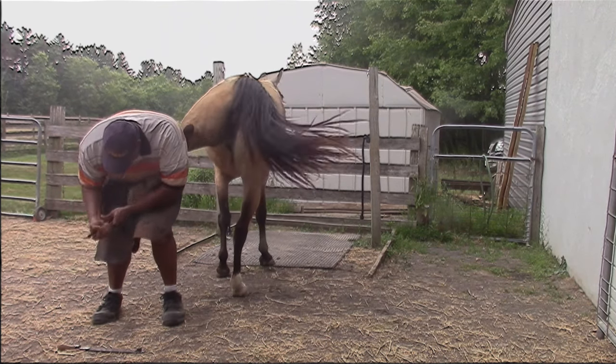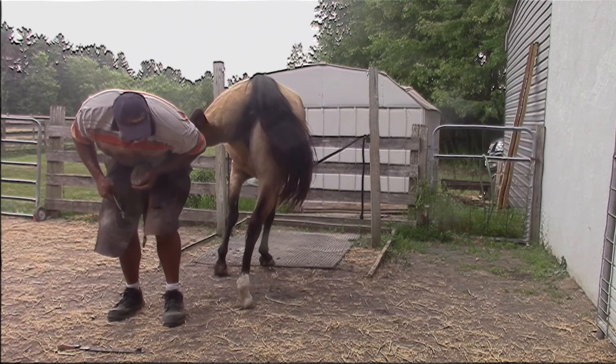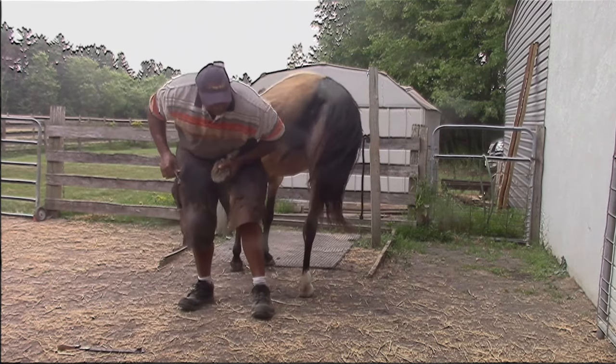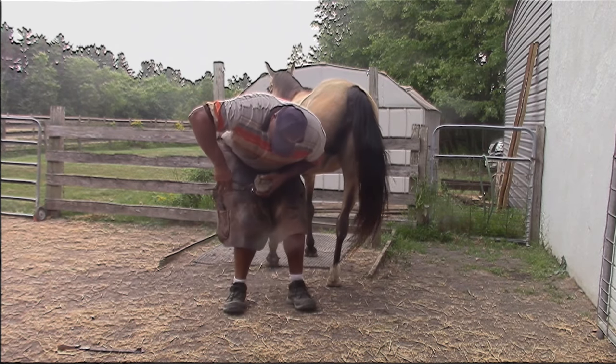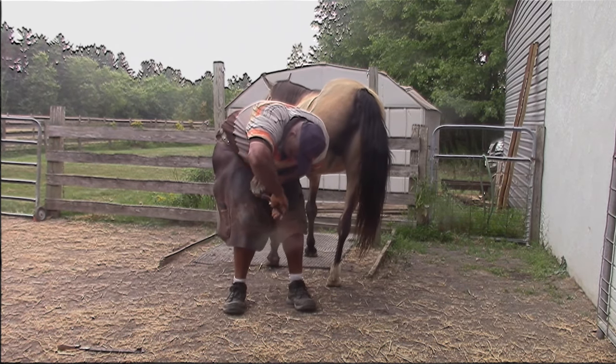Now I'm trying to work here. Sharp object. That hoof is as hard as steel. See the way she just pulls me all over the place? Now I'm doing this for a purpose, folks. At this point,